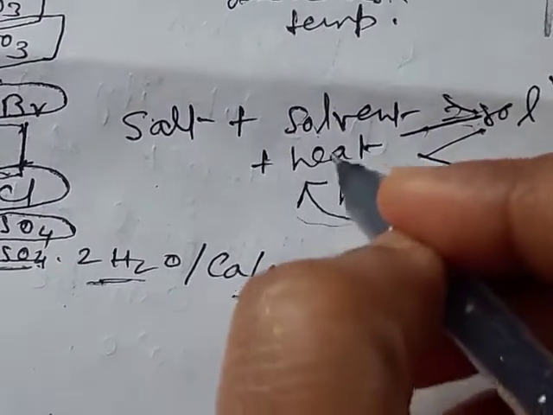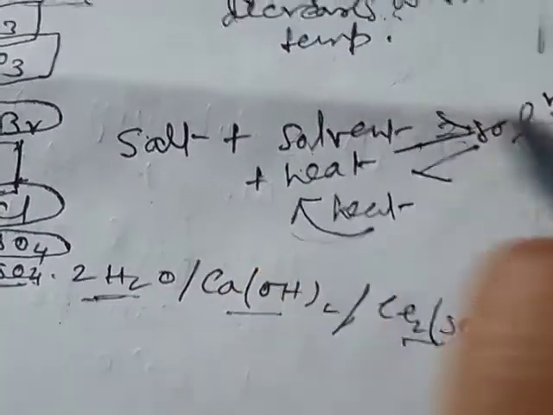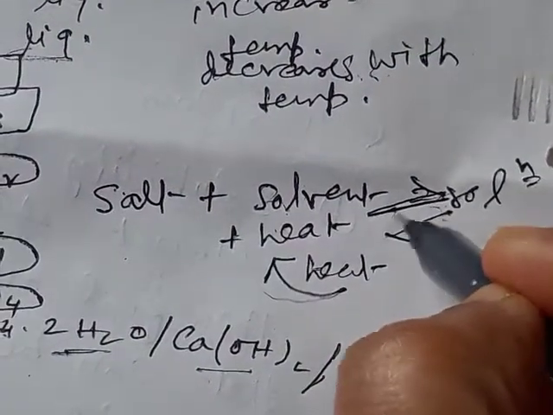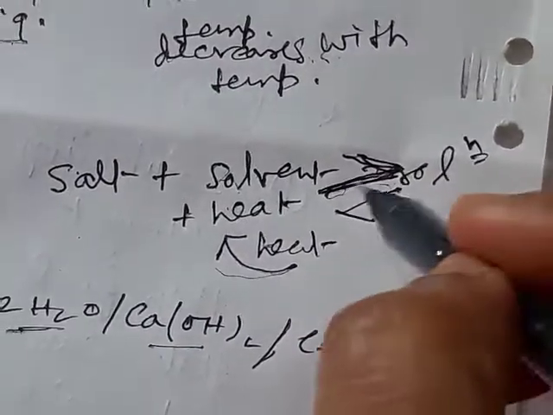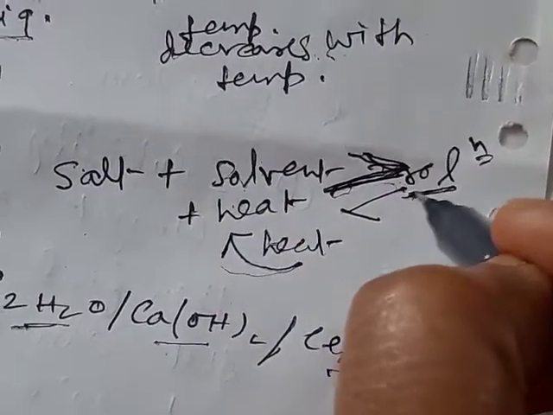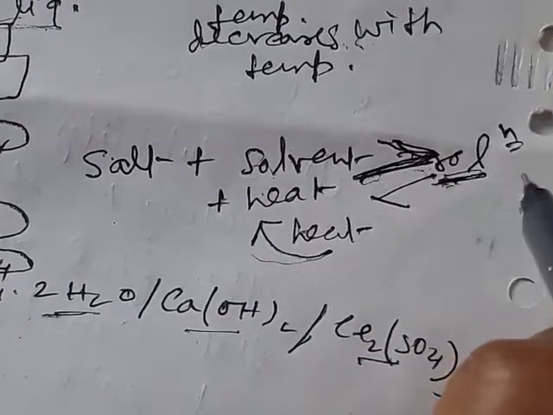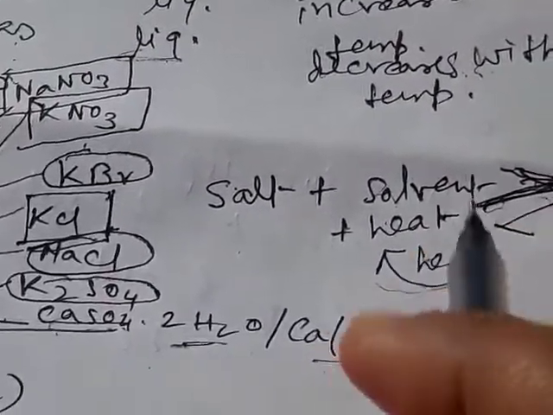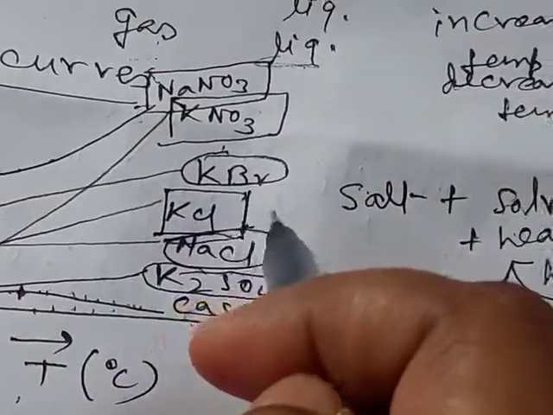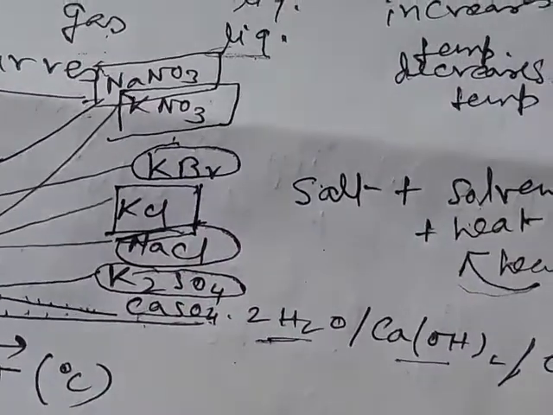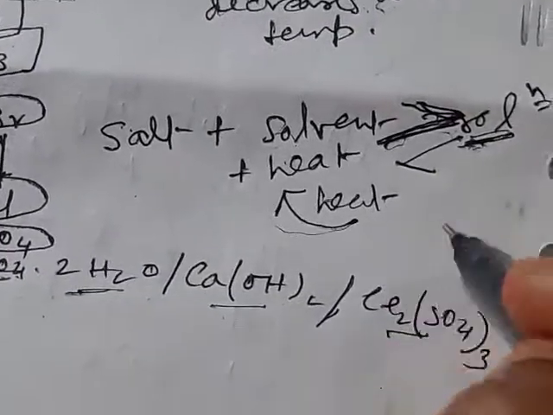So, if we supply more and more heat, that is more and more reactant is supplied, the reaction will proceed in the forward direction, that is, the right-hand side. Then we get more and more solution, that is, with increase of temperature their solubility will increase. That is the case for sodium nitrate, potassium nitrate or potassium chloride. For them this reaction is endothermic.